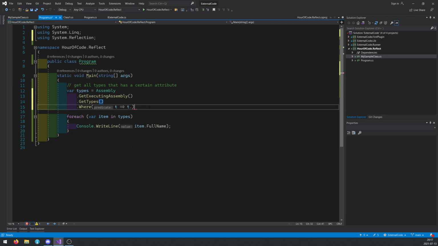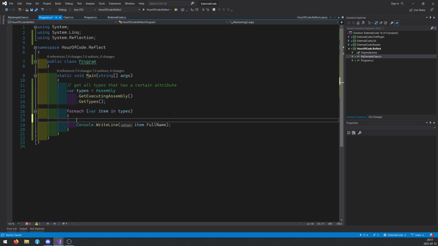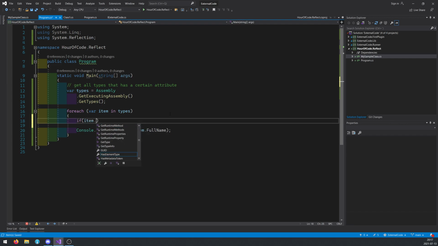Perhaps doing this with a where will be hard to read and confusing. So let's just do it like this. We'll say if item dot custom attributes, we'll do get custom attribute of type, and I will specify my hour of code attribute. So if that is not null,